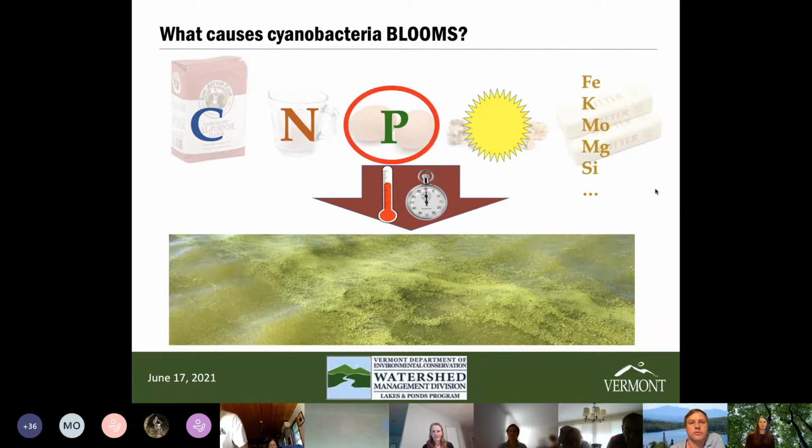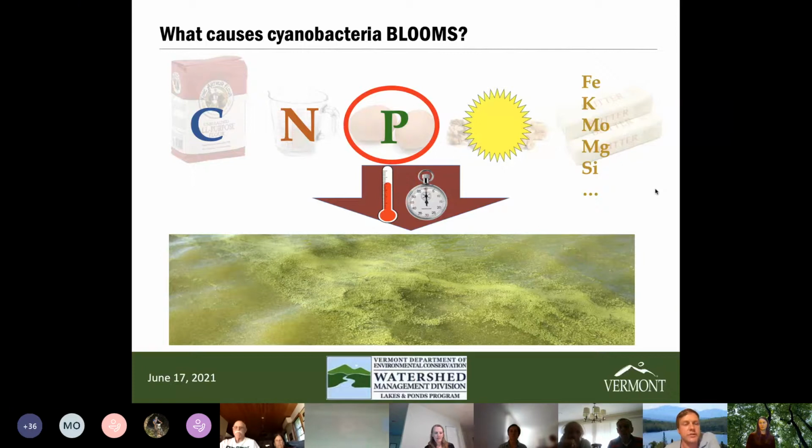So in this recipe, the things that we humans can control are really the additions of nitrogen and phosphorus, and in particular phosphorus. These are things that tend to come from human activities largely, things like agriculture, urban land uses, lawn fertilizer, or sewage runoff. And phosphorus is a key thing to control in the case of controlling cyanobacteria blooms because it's often the nutrient in short supply relative to the recipe.